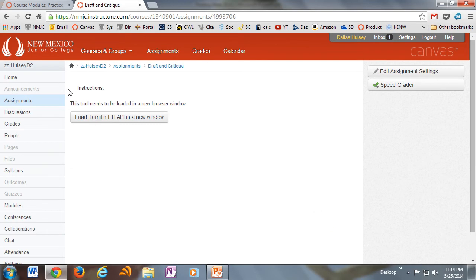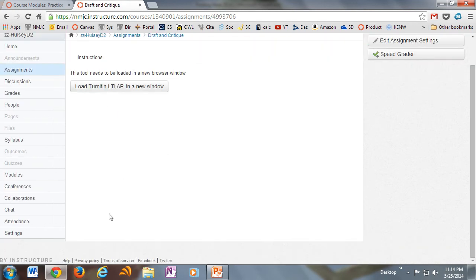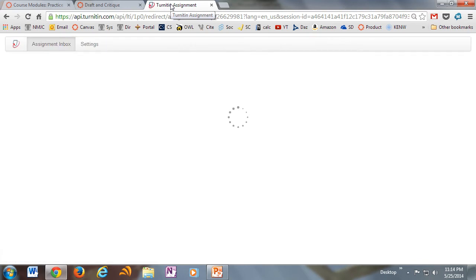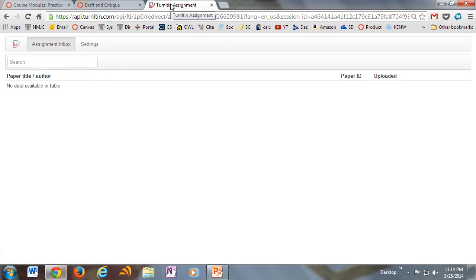And then my instructions will appear up here just as normal, and at the bottom, however, usually there's some longer instructions, but you scroll to the bottom, and this button would be there. When we click this button to set up our assignments, the students will also have that button, and that's how they'll access the Turnitin, is through that button. So you can see that we're outside of Canvas. We've got a new tab open here with Turnitin assignment,